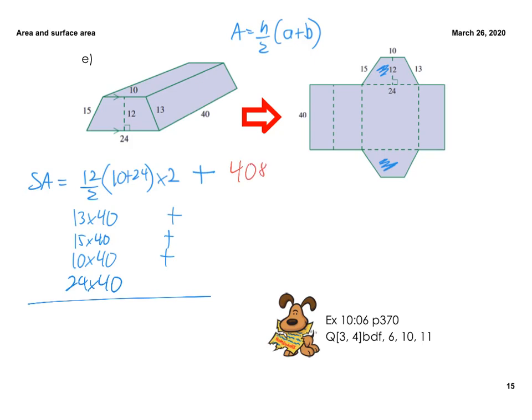This is 408, 520, 600, 400, 960. Grand total of 2888 square units. Okay, so nets, if you're confident without them, you actually don't have to use them unless the question actually asks you to,